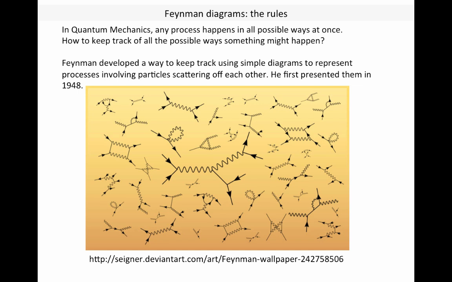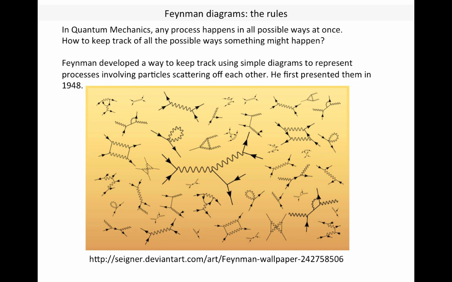So Feynman diagrams are one of the most important tools in quantum field theory. In quantum mechanics and quantum field theory, any process happens in all possible ways at once. And there are usually an awful lot of possible ways that something could happen. Feynman diagrams were invented to keep track of all these possible ways. Specifically, they're diagrams that represent processes that involve particles scattering off each other, so particles interacting with each other via the